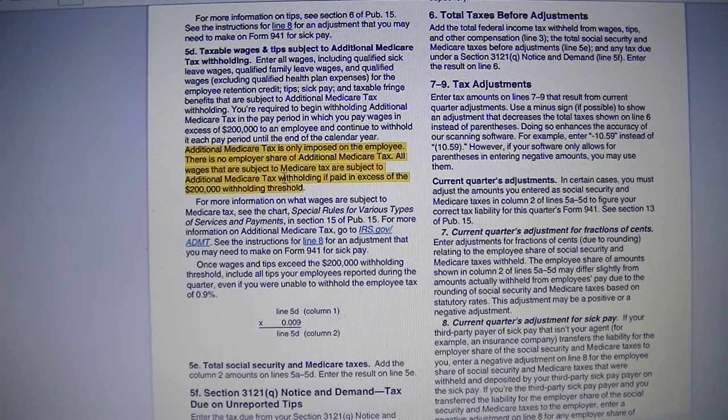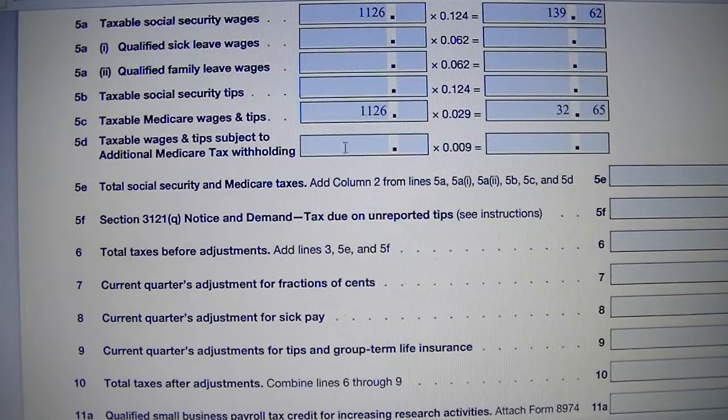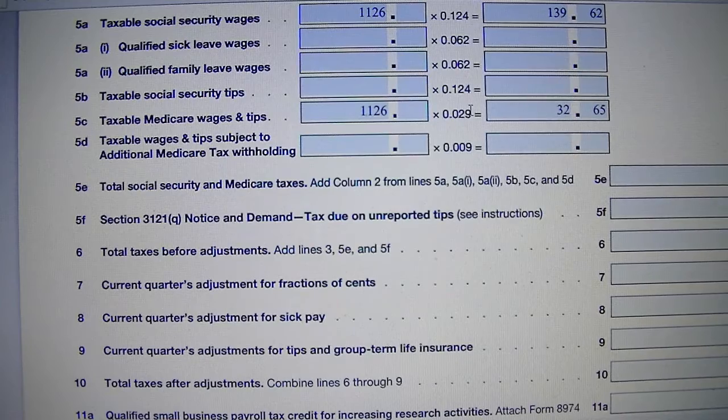So all wages that are subject to Medicare tax are subject to additional Medicare tax withholding if paid in excess of the $200,000 withholding threshold. So anything you pay in excess of that $200,000 will be going on line 5D and imposed 0.009, and the amount will go in column 2. And the one that you and the employer pay is 0.029 for both of you. To find the part that goes to the employer and the part that goes to the employee is just half of it, and half of that,